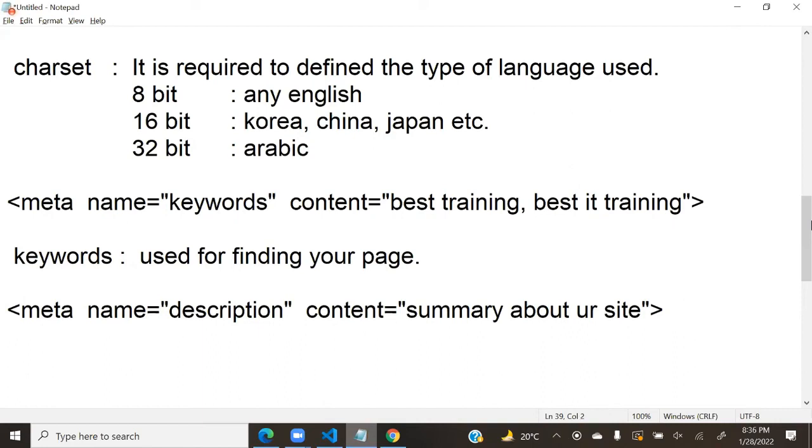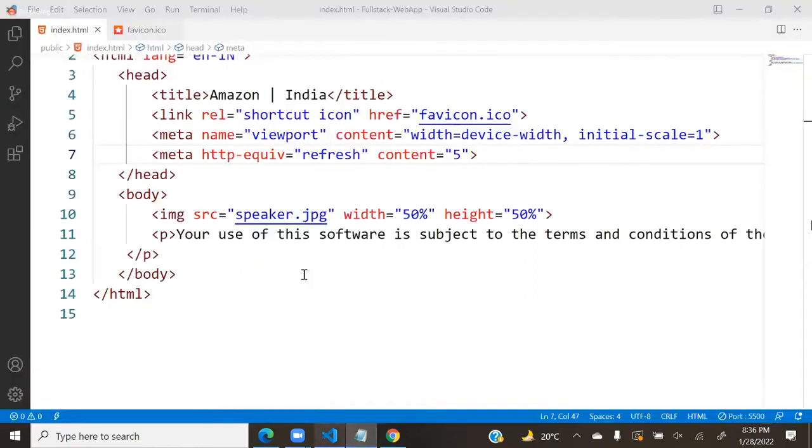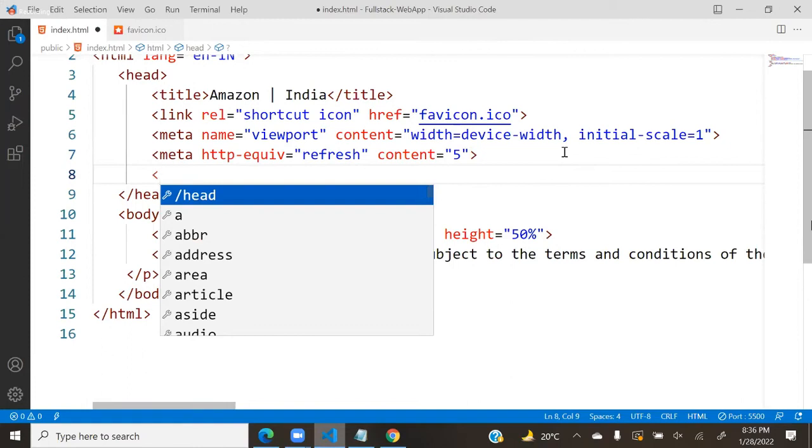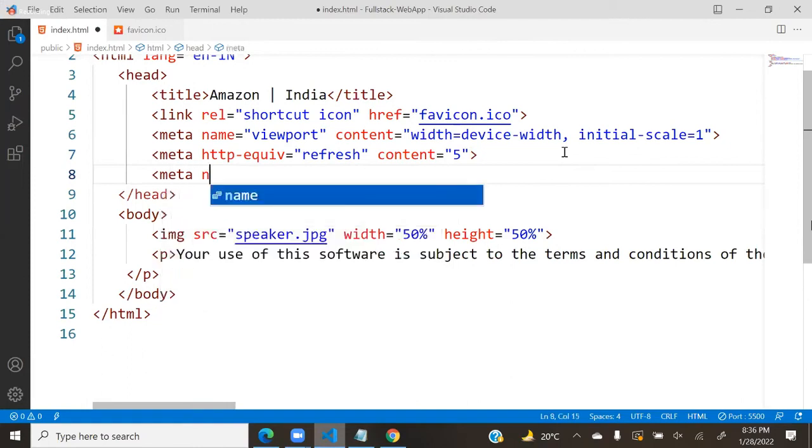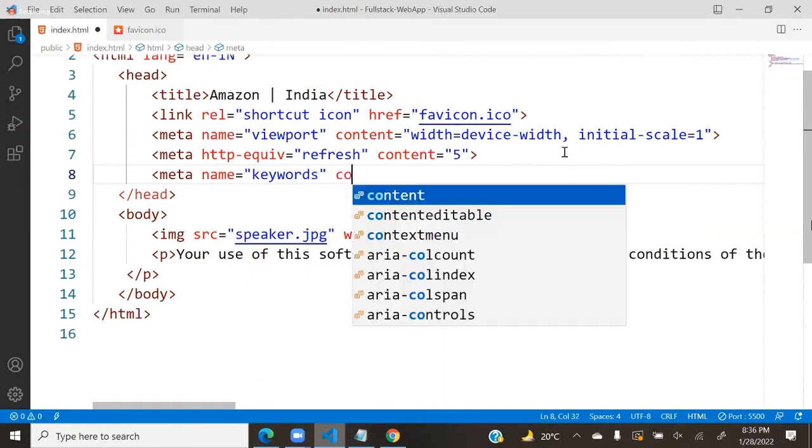That is meta keywords, meta description, and meta character set. These are the options you need to define in the meta. That means we have meta http-equiv refresh, and we have meta name is equal to what? Keywords. And you have to define content.